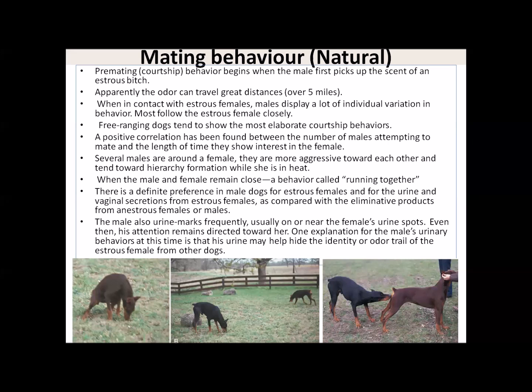Means even parallelly, there may be other females roaming along with the same estrus female, and they may also urinate. Whenever they urinate, certainly it sends some pheromones. But the male which has already identified the scent of the estrus female will not show any interest in the other female at all. It will not even attempt. Okay, so the male also makes